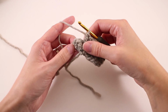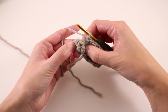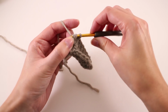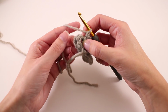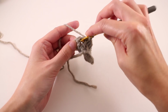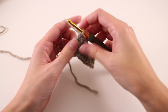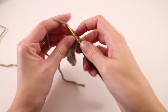Now when you get to the end of your row, don't get this chain 2 confused. So I'm isolating these last 2 posts that I have. I'm going to work a front post double crochet around that second to last stitch, just like I normally would. And for the last post, which is right here, so my chain 2 is here, I'm ignoring that. I'm going to work 2 front post double crochets around this last post, and that's going to increase once again. So at the end of row 3, we'll have a total of 11 stitches,